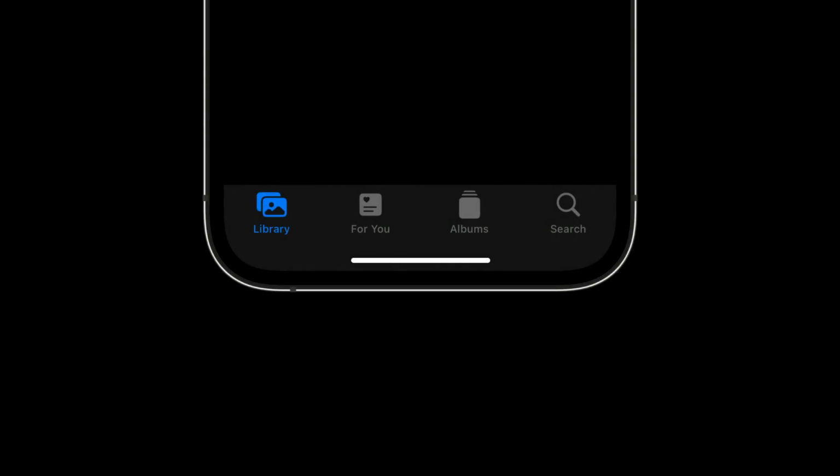For this app, Library and Albums hint at a content-rich app with a For You tab that signals strong personalization. This app has tabs that are so focused that their functionality is self-evident and tell me exactly what I can do in those content areas. What we see often is that the first tab of apps tend to be loaded heaviest with features. Try to create balance in your interface by distributing functionality throughout your tabs.